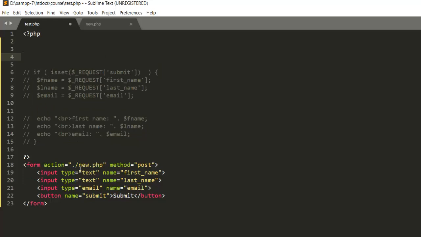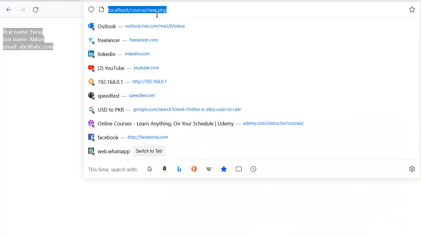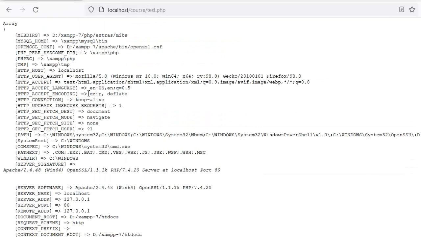There is a PHP function print_r, which is used to print an array in a very formatted way, and we can echo it with the HTML pre tag to render or display the array or object in a proper line by line format. So if I save it here, come back and refresh. Sorry, we don't need a request to the new file, we need a request to test. And as you can see, we got a whole bunch of